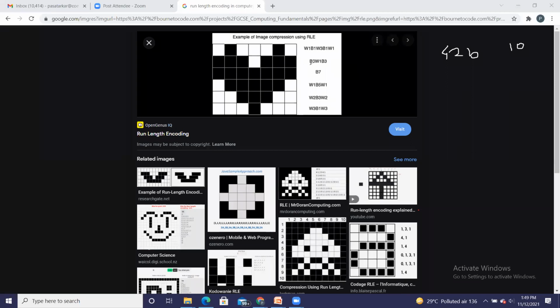In the second scan line, I will require only 6: 3 black, 1 white, 3 black. The next is all black, so black 7, that is I require only 2. Here I require 6. Next also I require 6. And the last also I require 6. So if I count them together, 6 fours are 24, plus 2 is 26, plus 10. That is 36 bytes will be required instead of 42 bytes.